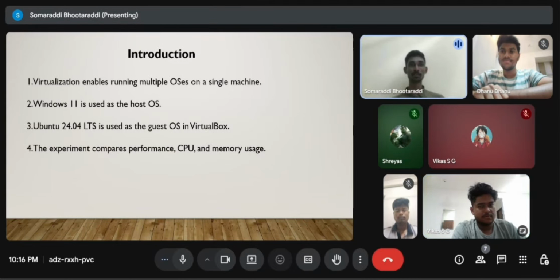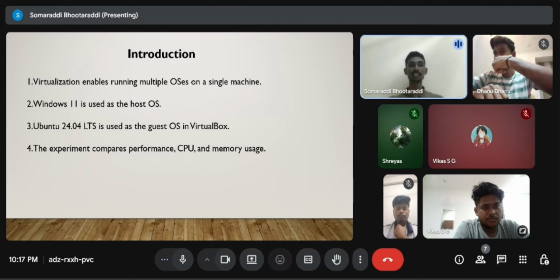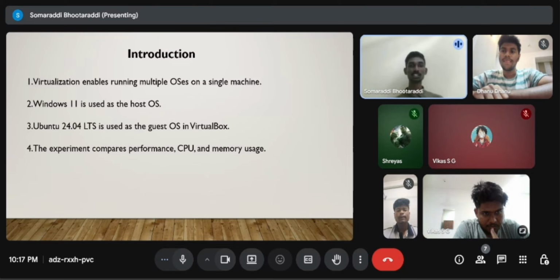Hello everyone. Today I am going to explain the introduction to virtual machines. Virtualization is a process that allows multiple operating systems to run on a single physical computer by creating virtual machines. Each virtual machine acts like a separate computer, even though it shares the same hardware resources such as CPU,